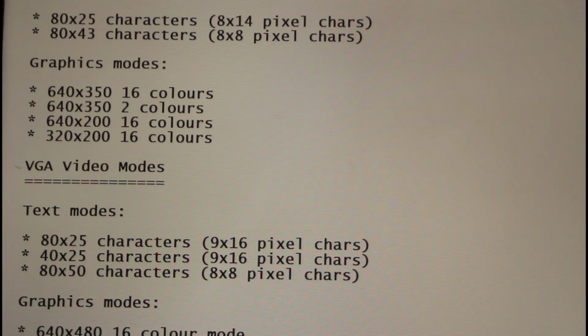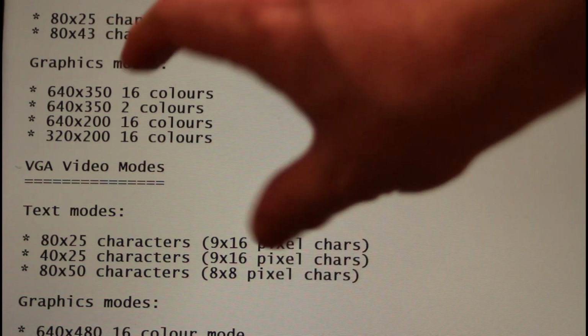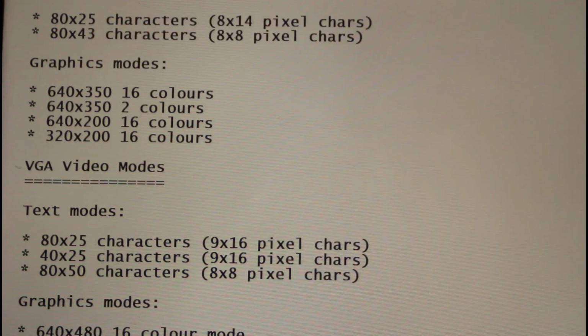And then everything else you can think of as being derived from that, either by reducing the number of horizontal pixels or vertical pixels, or by doubling everything. For example, a 320 by 200 could come from a 640 by 400, just by doubling everything. So the Mode X that I'm going to talk about today is one of those hacked